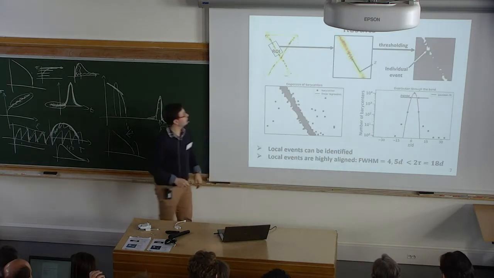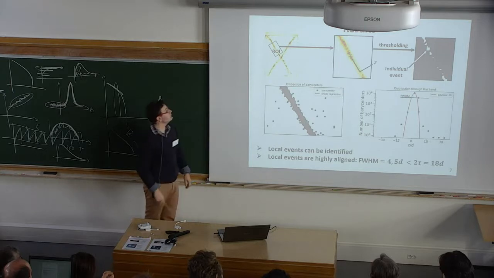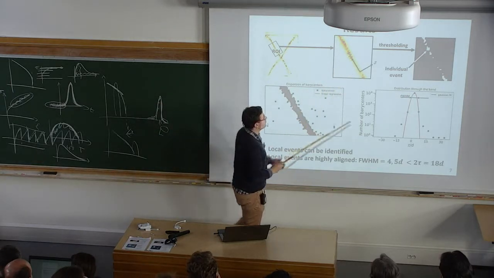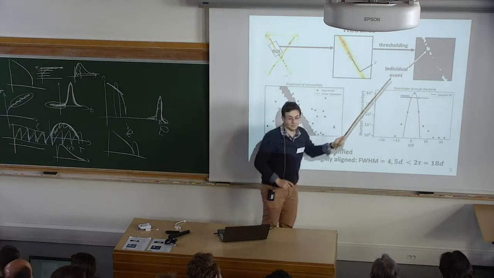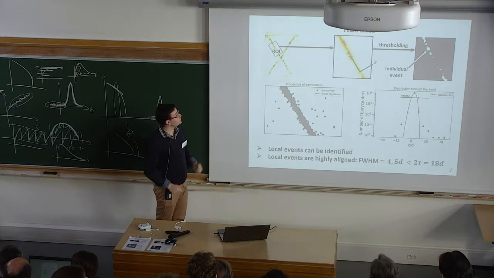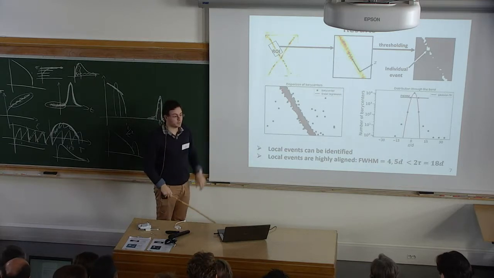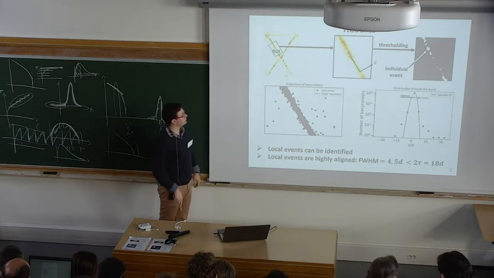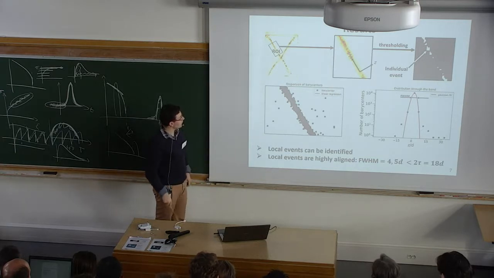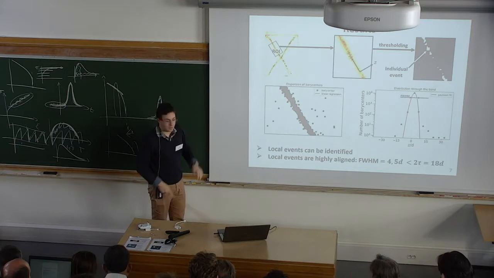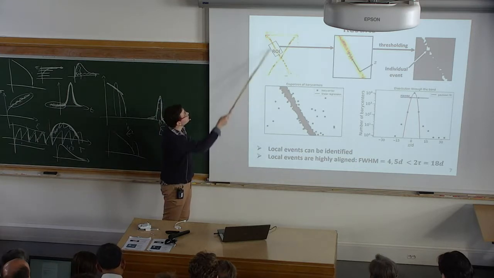Now we can again study these maps of deformation. We threshold the images, and we are able to detect individual events, which correspond to our fluctuations. And we are able to determine the barycenters, the position of the barycenters of these events. So here I plot the dispersion of barycenters for this region of interest. And we can see that almost all barycenters are very highly aligned along a straight line, which corresponds to the